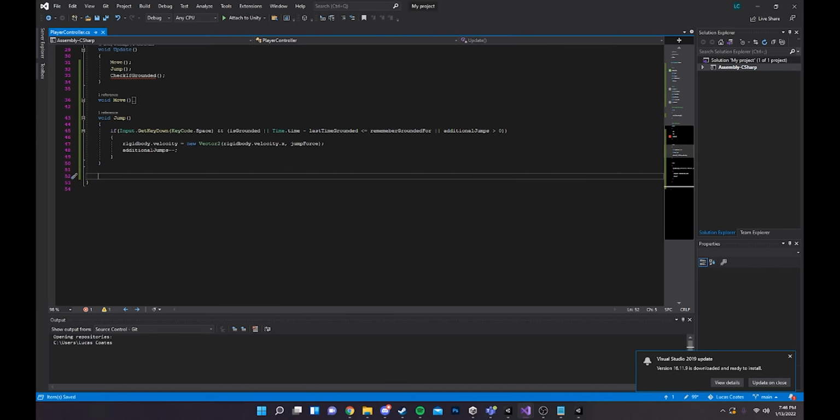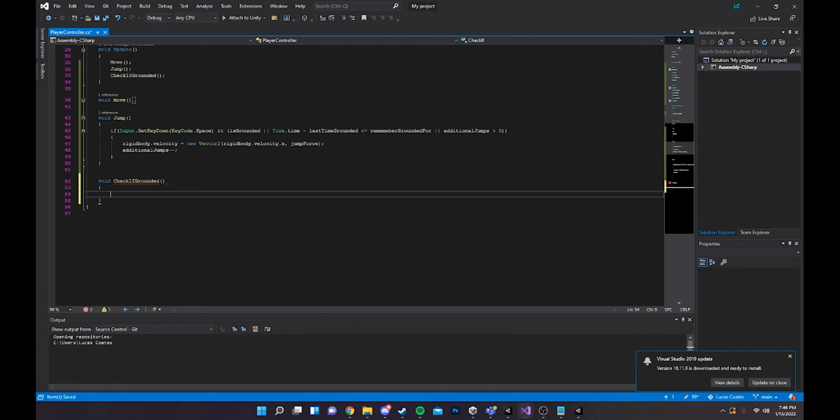Now lastly, let's go void CheckIfGrounded, and this one would be a bit simpler. You do Collider2D colliders equals Physics2D.OverlapCircle, if I can type and not mess up,